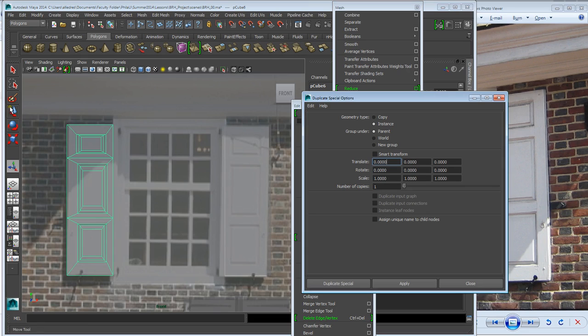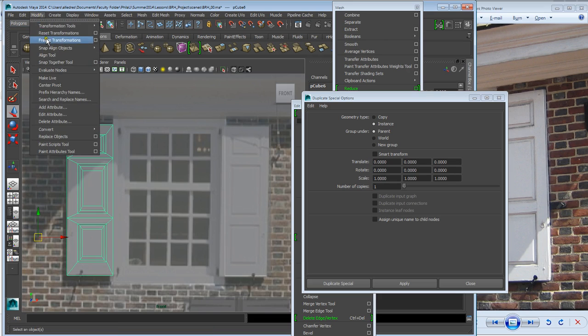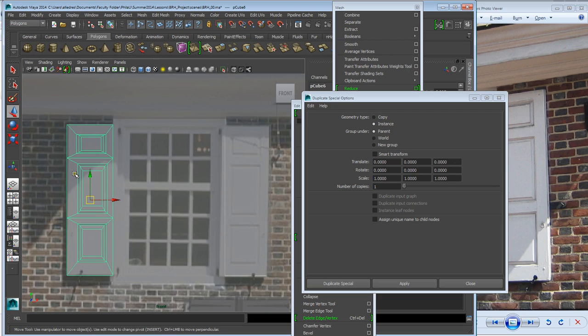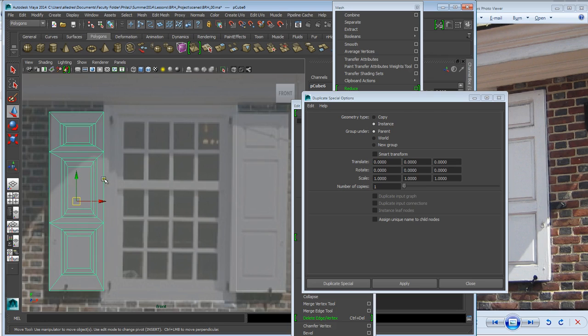Another thing that I want to do at this point is just center the pivot. Again, when you manipulate the sub-object mode in Maya, the center of the pivot stays where it originally was. So the first thing I'm going to do is just center my pivot. Or, if you want to make it more animation friendly, you could always just hold D so you can manipulate the pivot and